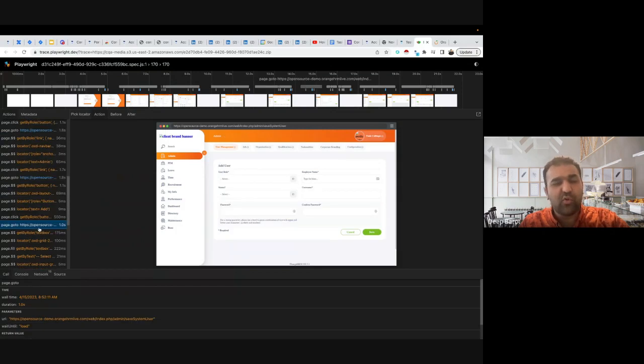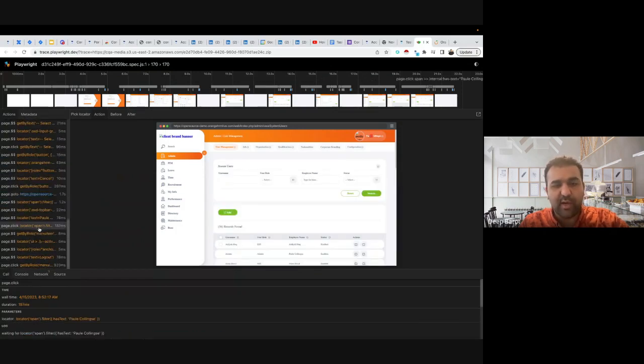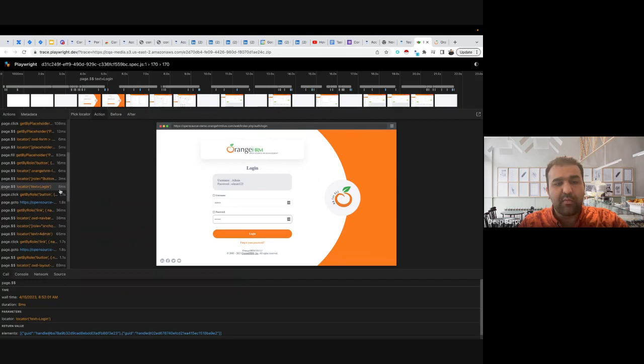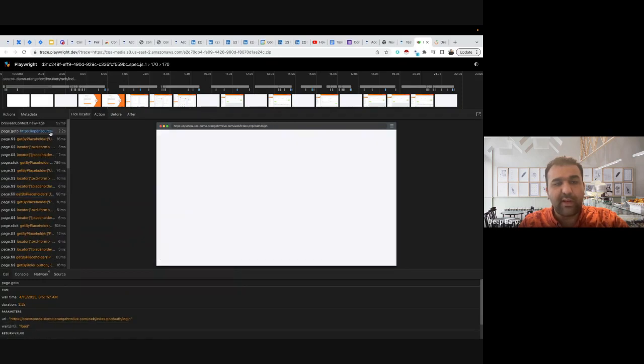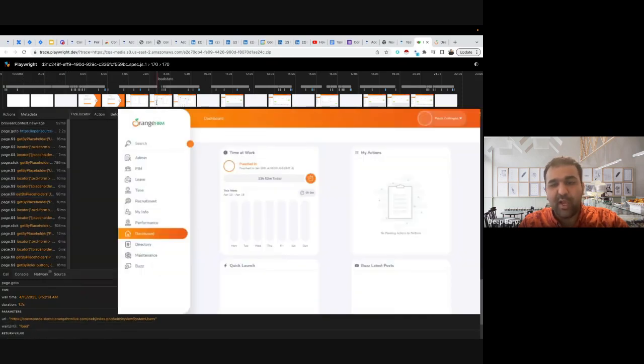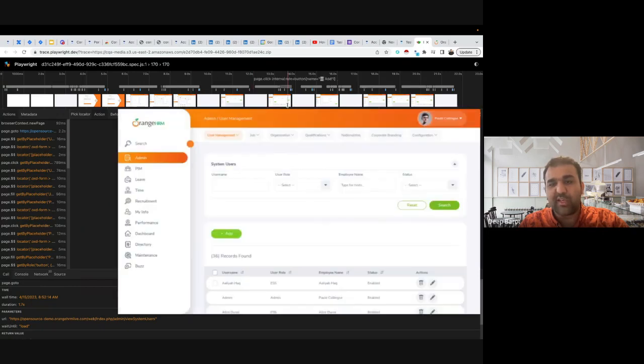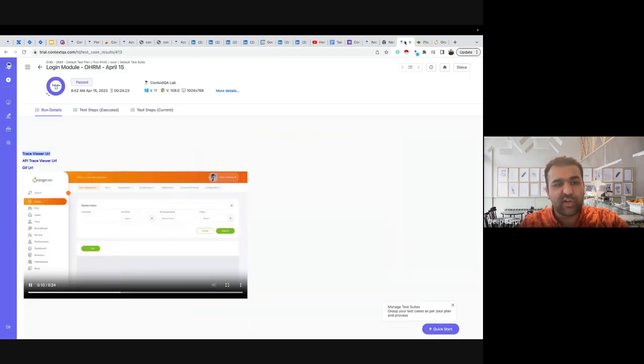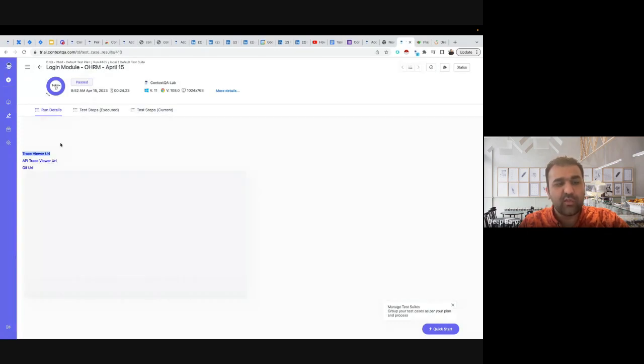I'm not sure, do you use this on a day-to-day debug basis or not? Some might only look at the logs, or someone might also be looking at the network trace. But this is all you will get, at each step, how everything works, and you get all the screenshots as well. So this is what we call the trace viewer feature. You need to remember that this is the trace viewer.